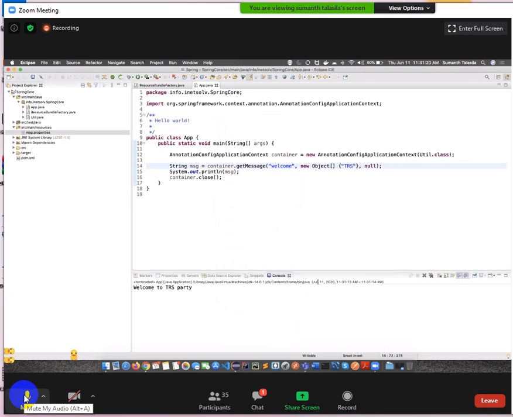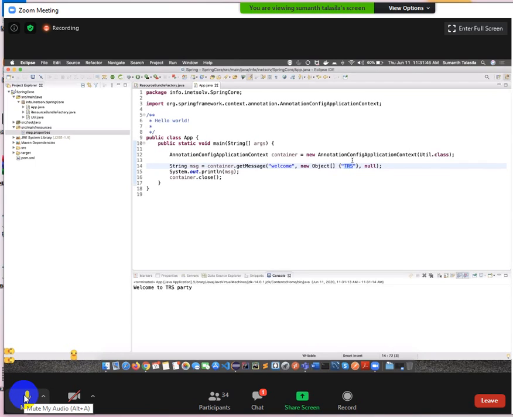Yes, sir. Tomorrow this value got changed. Can I change the value dynamically or not? Do I need to touch my code or the property file, or is there no need to touch it? No need to touch it, right? So we are going to take care of all of them. With that, do you have clarity on the second parameter now?